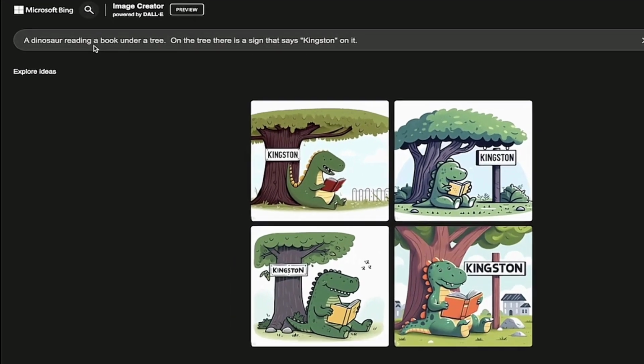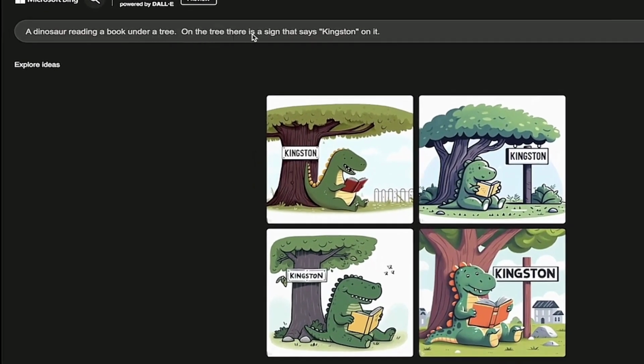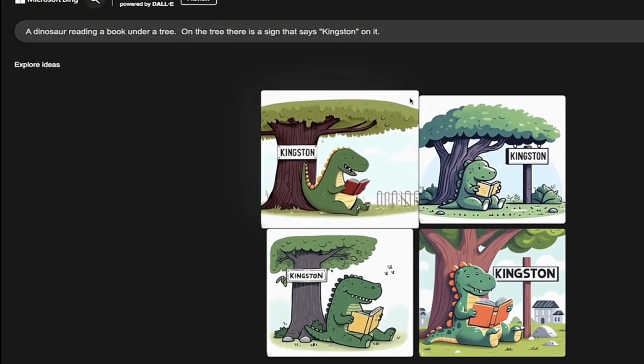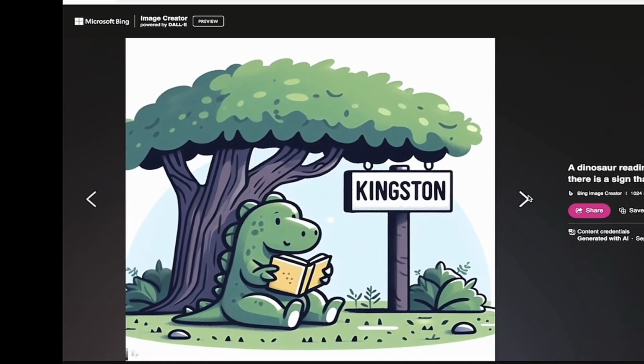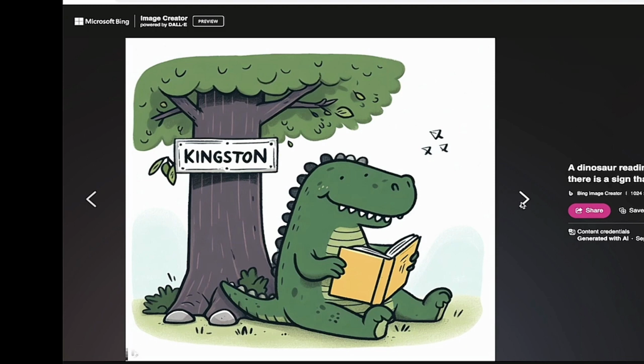Because on the tree there is a sign that says Kingston on it. DALL-E 2.5, whatever they're using, I click on my images here. Kingston has done perfectly. Not luckily, it didn't get it right